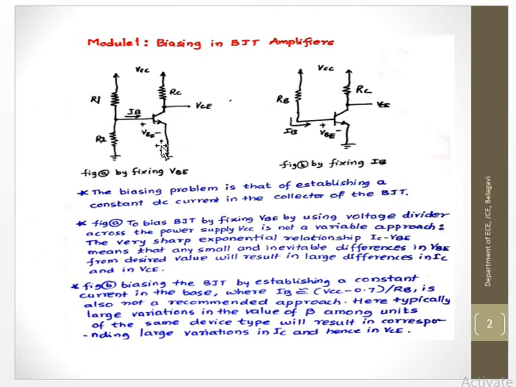VBE should be maintained at around 0.7 volt. So here we are expecting a voltage. Usually from the design point of view we take 1/3 of VCC here. Suppose VCC is 12 volt, 1/3 of VCC will become 4 volt. At the base terminal, across R2, you will get 4 volt. If you take VBE as 0.7, then 4 minus 0.7, that is 3.3 volt, is available at the emitter terminal. So the emitter is directly connected to ground in this case.